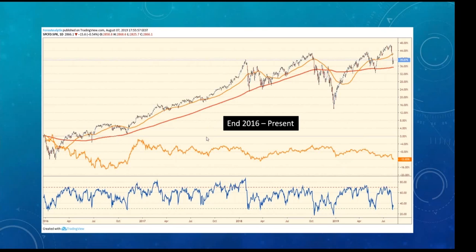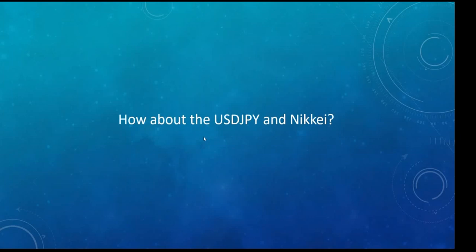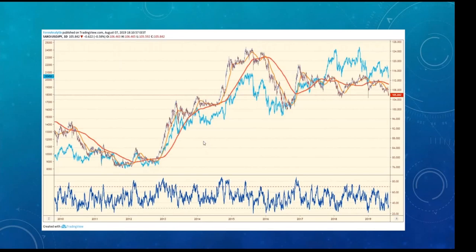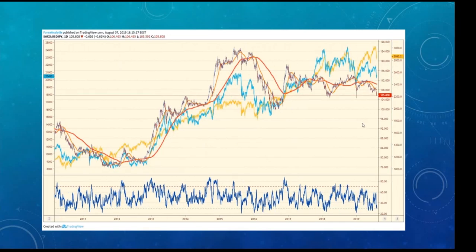responded. Okay, so when I think about those correlations, I have to go, well, how about the dollar yen and the Nikkei? Because when you're taking the dollar yen, you want to pair it up with the Nikkei, as it's strongly correlated to that particular market, and you'll notice that the correlation is much stronger. Okay, and this is a correlation between the dollar yen and the Nikkei currently, and this is from the end of 2009 to present. Now, if you overlay the three of them, okay, what you'll notice here is the S&P,